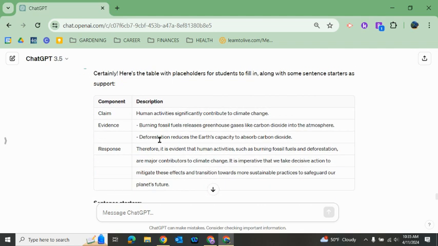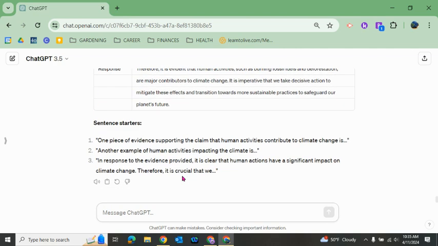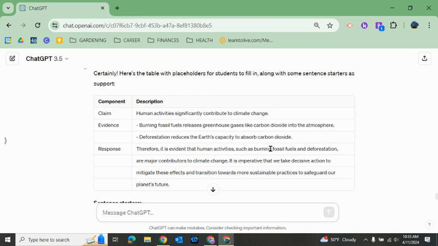So here it is. It's got some placeholders. So all I have to do, realistically, is copy or cut out the information in these rows, and then I could replace it with a sentence starter, one of these sentence starters. So that's okay. All right, let me go back and let's go to the level the reading passage for advanced